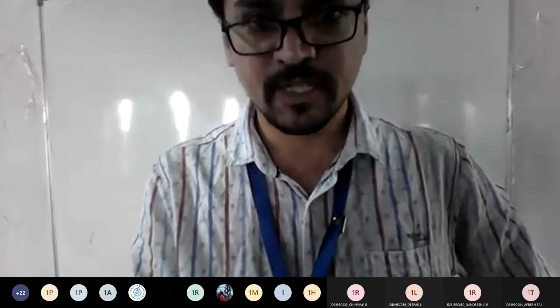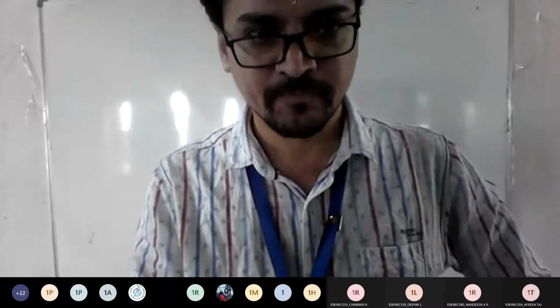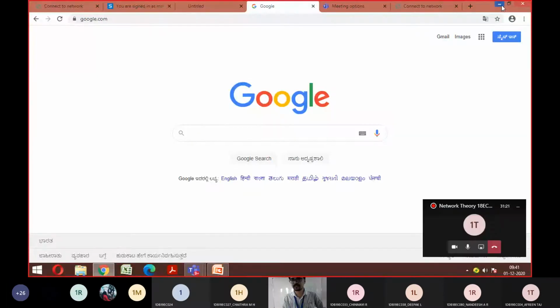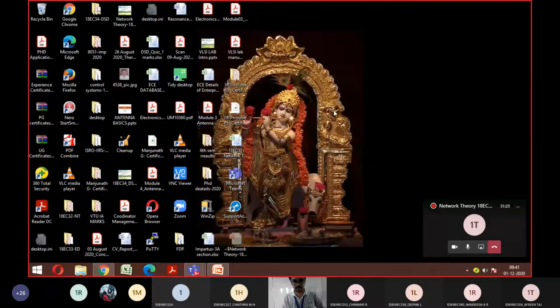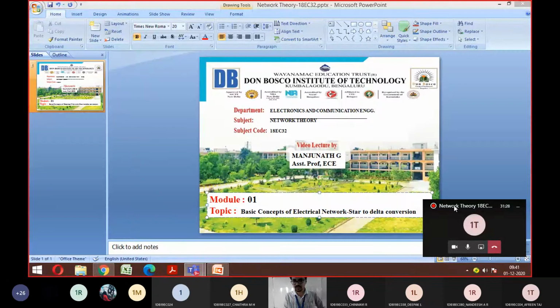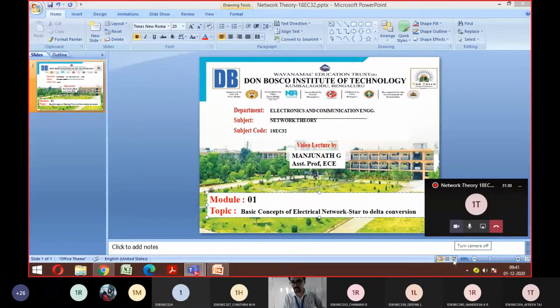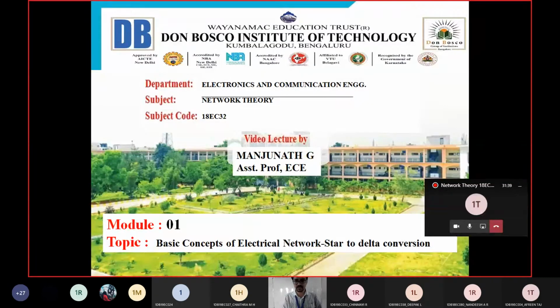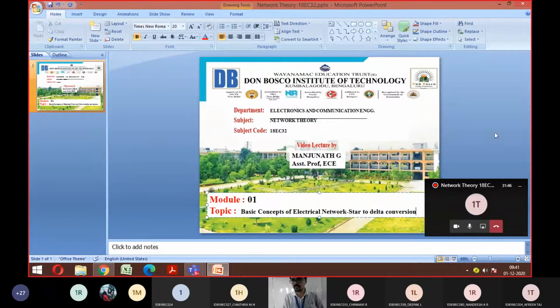Yeah. So today we'll deal with the last part of your first module, that is your conversions. Star delta conversions play a major role in the last part of module number 1. Till your previous class, we covered source transformation. Any doubts anyone till there? If anybody has doubts regarding source transformation, KCL, KVL, rectify the doubts and finish it off, because it is very, very important further also.